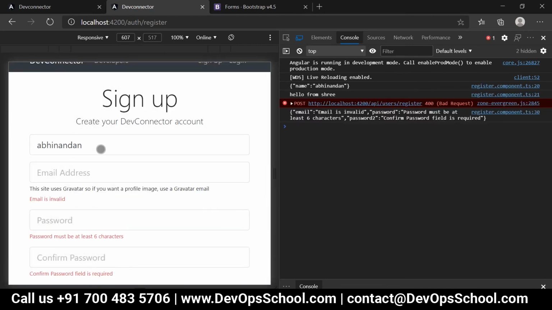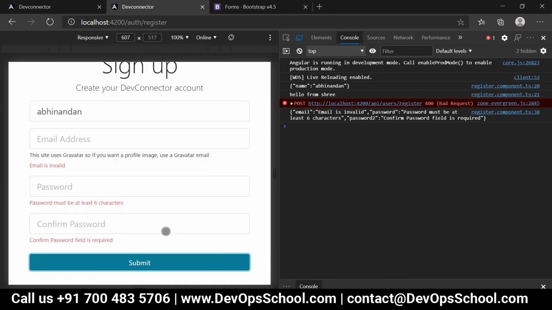Now, is it getting the red border now, people? Why? There is no issue with the name, right? There are issues with the others, correct? All of you clear with this or not?